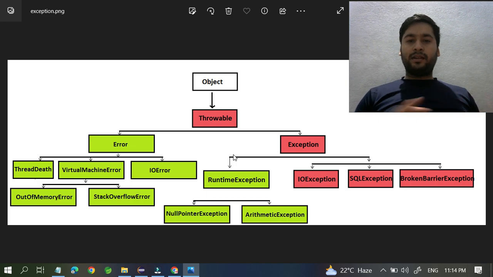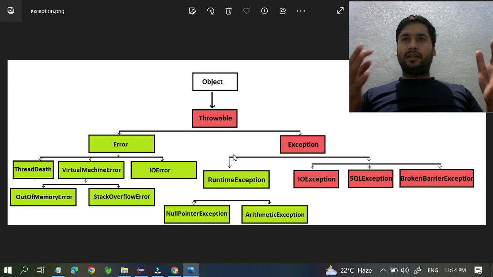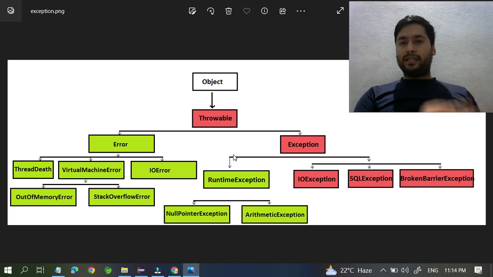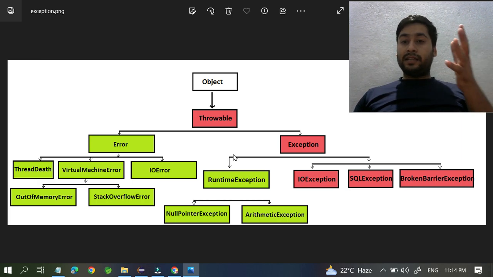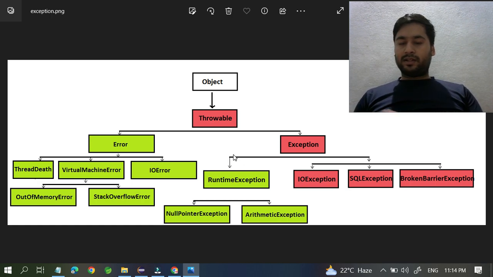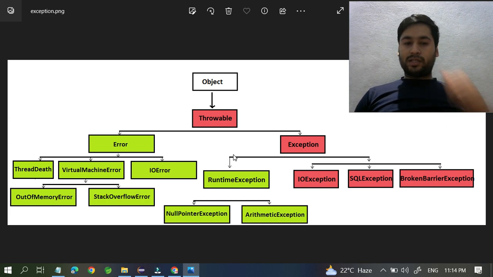He will be impressed. If you talk about runtime exception and compile time exception, you can simply say the runtime exception means it will come at runtime. You can't predict it or handle it at compile time. It's not necessary to handle it at compile time. But it's mandatory to handle at compile time, that is called a compile time exception or checked exception. Unchecked or checked. Simple. Okay, I'm going to talk about null pointer exception.